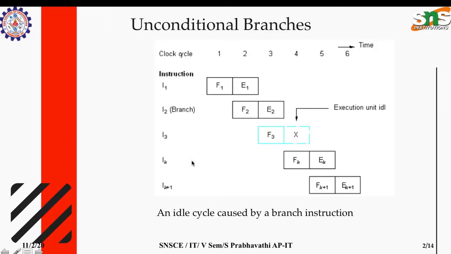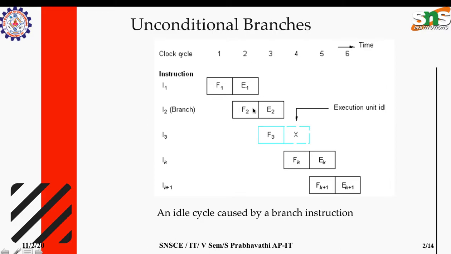Okay. So let's have a timing diagram for unconditional branches. Here there are three instructions in a two-stage pipeline. Why am I saying it's a two-stage pipeline? Because it has only two stages, fetch and execute. That's it. So for simplicity, we are taking the two-stage pipeline. Instruction 1 executes smoothly at cycle 1 and 2. There is no issue. And look here, when instruction 2 happens to be a branch instruction.